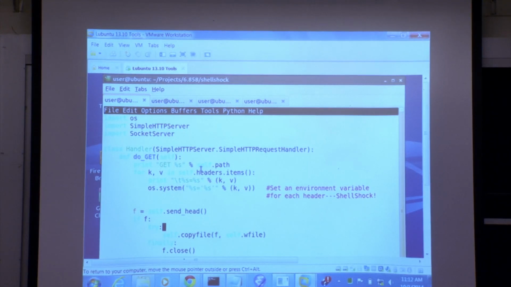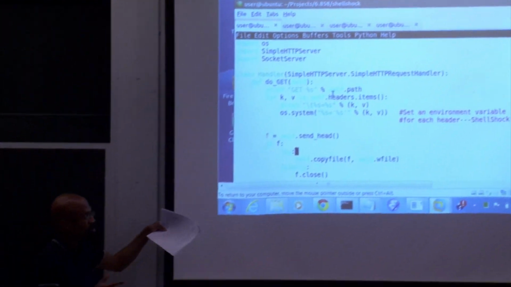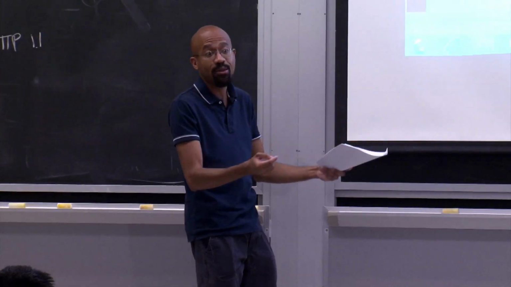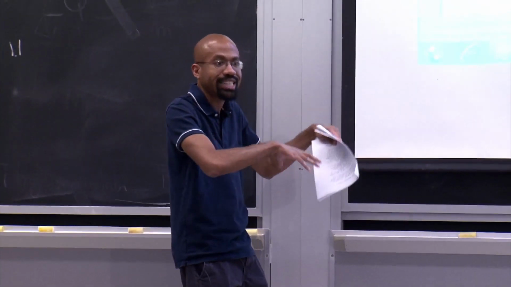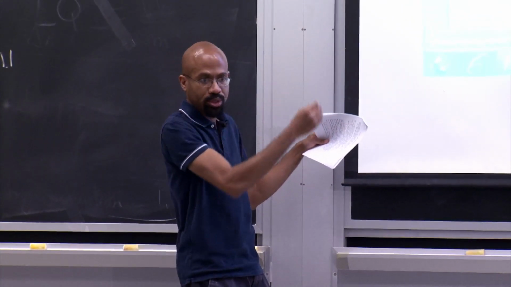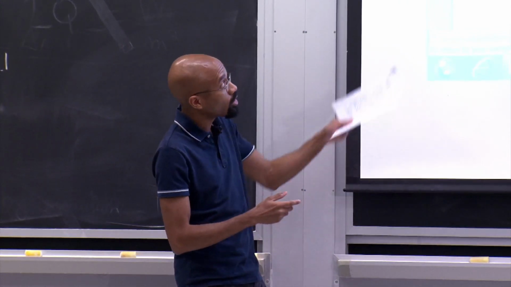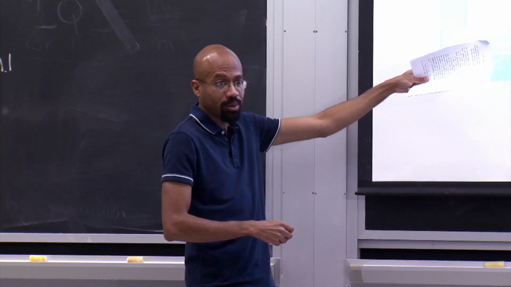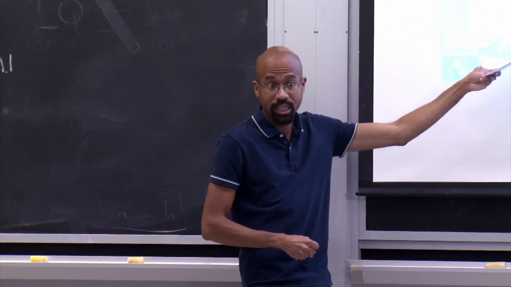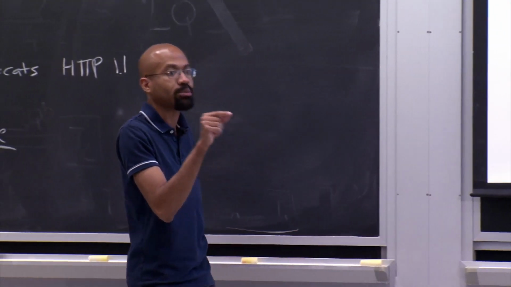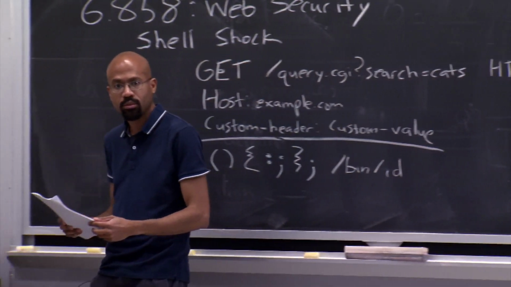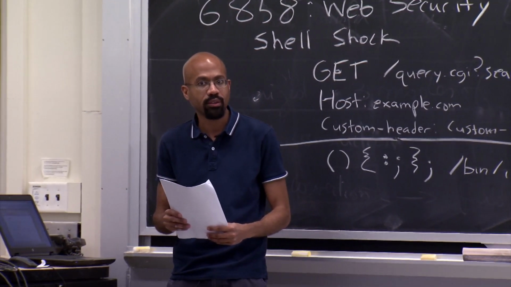Oh yeah, so that gets back to his question. That's right. So if you had, let's say, Apache up here, Apache is a little bit tricky to configure in a way that's obviously what's going on, but you're exactly right. Apache would call setenv, which is another way that you can directly set the environment value for whatever particular server-side process you have. But you also have some servers like this that actually spawn a separate process and do something very morally equivalent to this. But you're exactly right that the way that Apache in particular was violated was the way that you described. So does it all make sense?